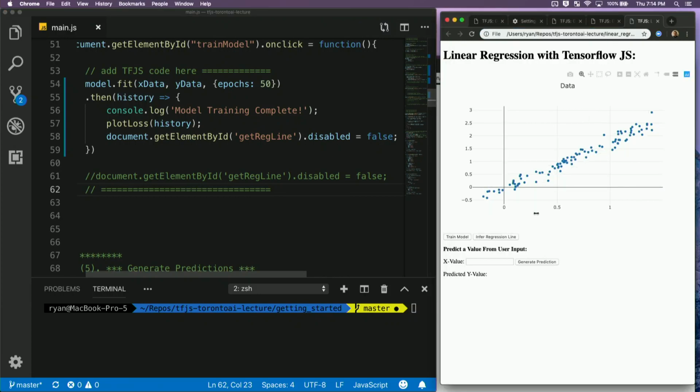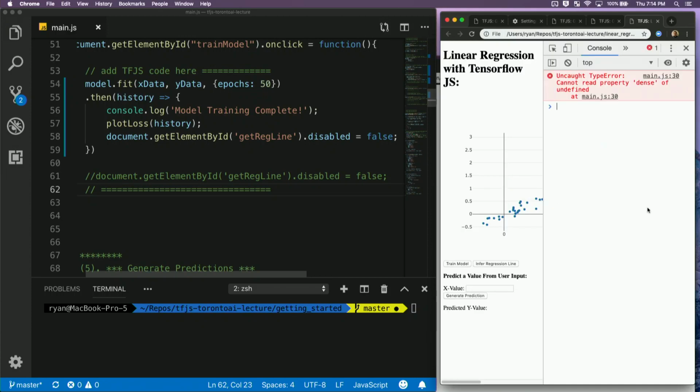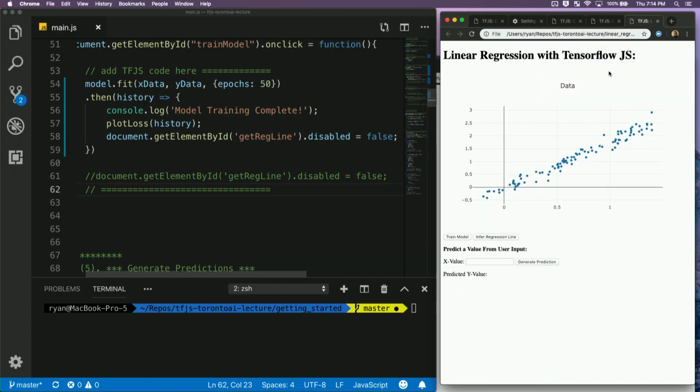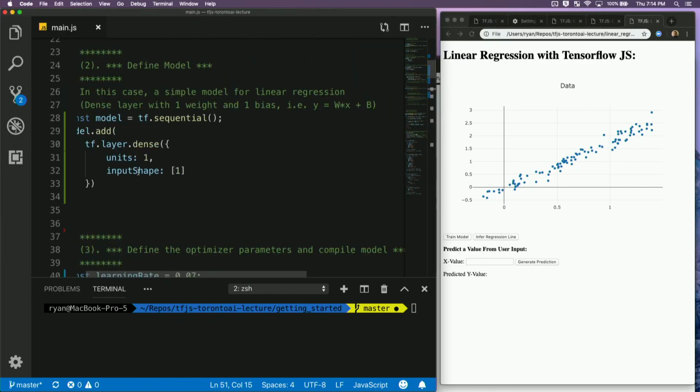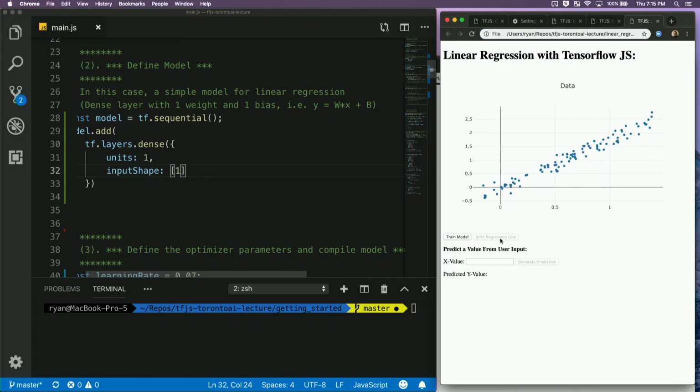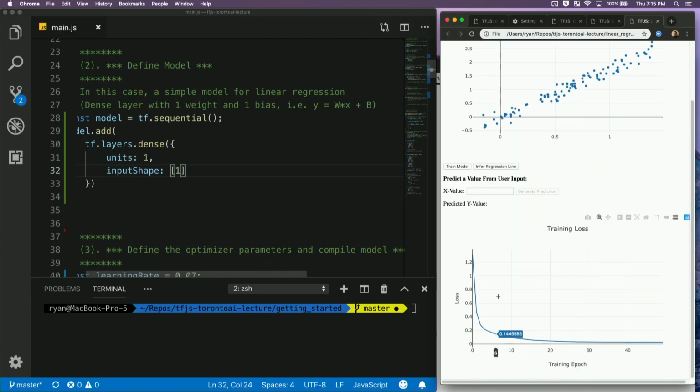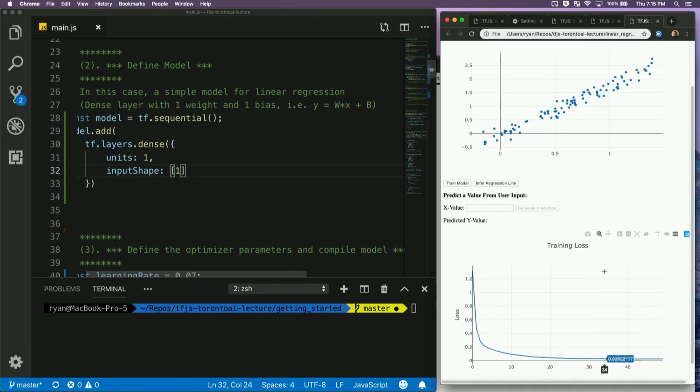Okay. So now, I'm going to just open the console here. As expected, there is something throwing an error, which is probably because I'm going back and forth like this. Can we spot the error? Yes, okay. It's tf.layers, not layer. Sorry about that. Okay, so let's train a model. It's training right now, and there we go. It's finished, it's plotted the loss function, so you can see that decreasing with passes over the data set.